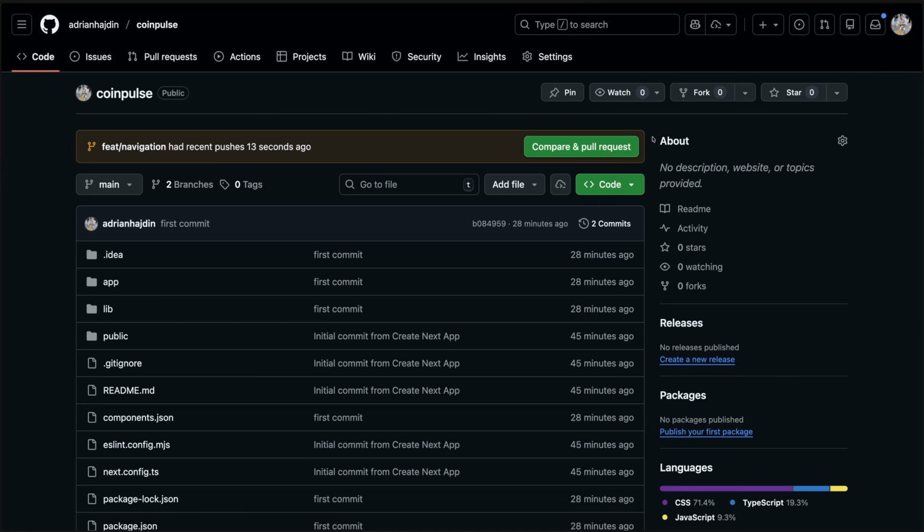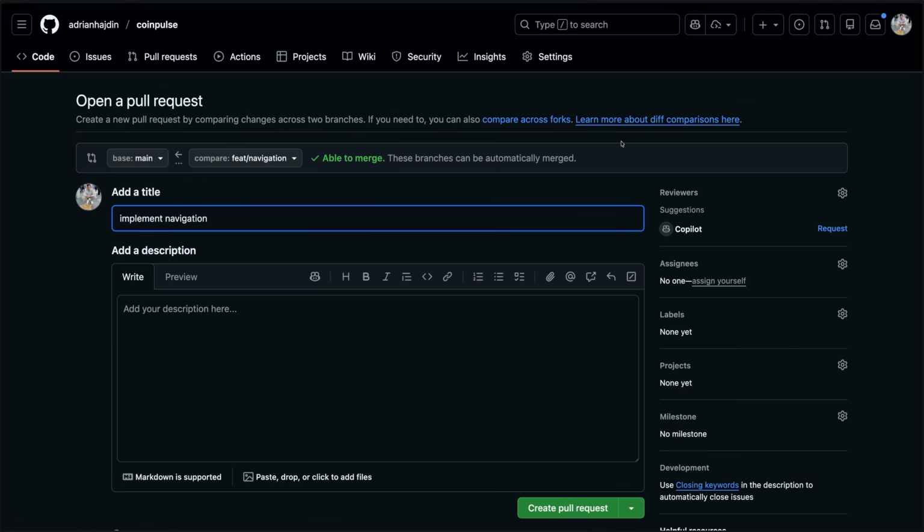So even though this is a super small example, it is a perfect opportunity for me to show you how the rest of the workflow of this great application will look like. We open up a branch, start developing the features. Once they're done, we compare and open up the pull request,